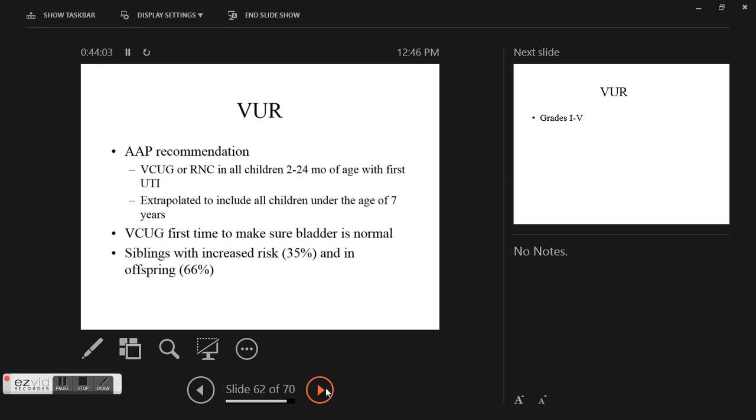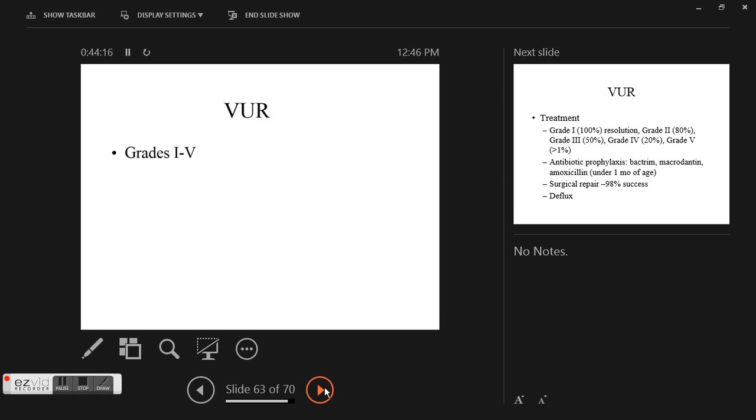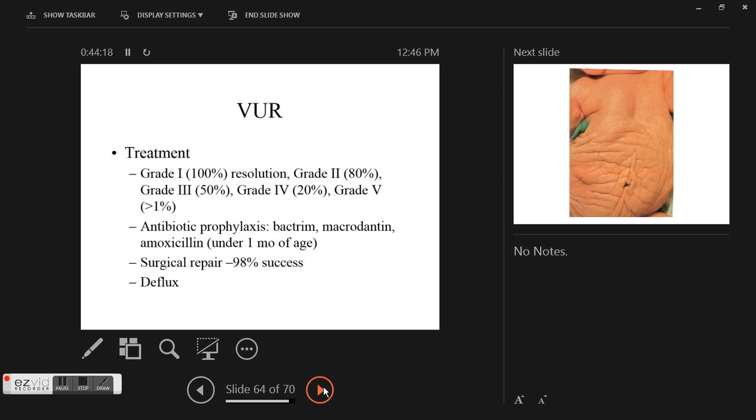I'm going to skip this because this is evolving, but that is still the correct algorithm. It's for under 2, first UTI. They're still recommending the whole VCUG for now. I think it's going to be changing, but we'll see. There are 5 grades of reflux. Grade 1 virtually always goes away, so we just follow them. Grade 2 and grade 3 are a little bit more controversial because they still have a better than 50% chance of being outgrown. Grade 4, grade 5 being